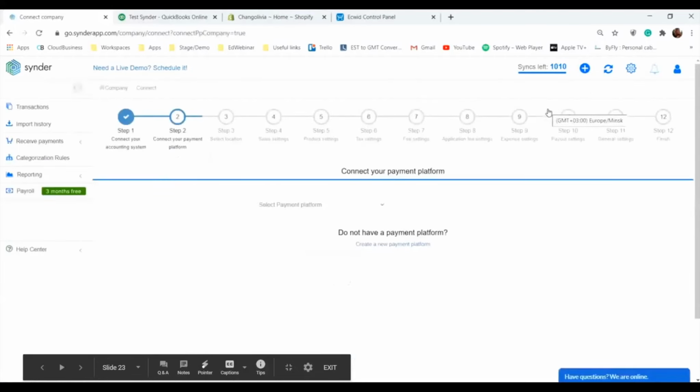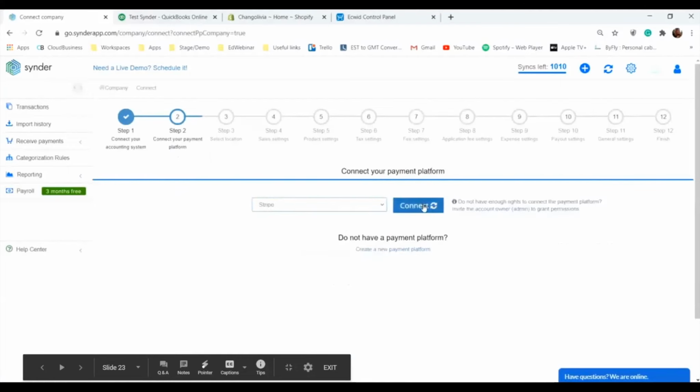Then you basically just select the needed one from the list, like this, and click connect. And if you're not the admin, no worries, you can invite the account owner to grant permissions, like what you see on the screen right now, and you'll just connect it as easily. Yeah, so you can customize this integration for each platform and each client individually with a diverse set